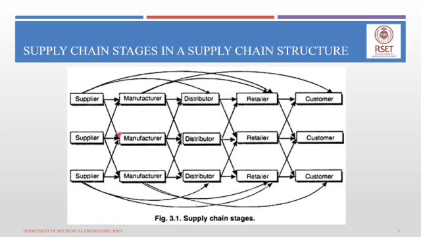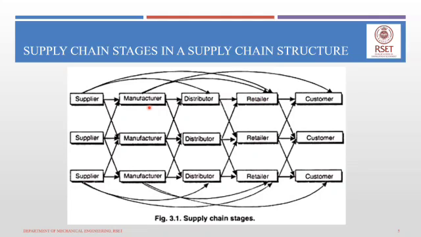So take the case of this particular manufacturer. This manufacturer has 3 suppliers, the first one, the second one, and the third one. They deliver their products to 3 distributors, the first distributor here, second distributor here, and the third distributor here. And this distributor again delivers the products from this particular manufacturer to 3 different retailers, right? And this retailer, which is supplied by the distributor here, again supplies the same products to 3 different consumers. So a supply chain is basically a very complex network,